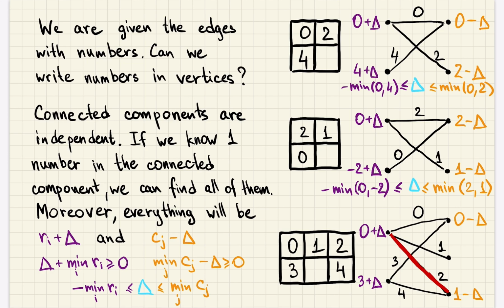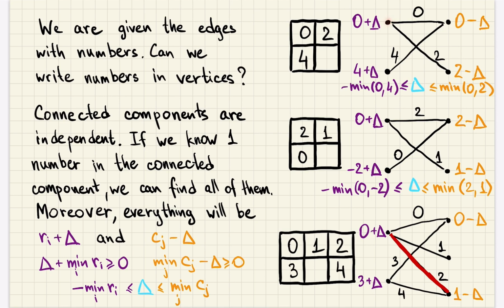And if we put 0 in this vertex, then with DFS we will deduce that it should be 0 in this vertex. Then this edge has some 4 and we have 0 here, so there should be 4 in this vertex. And this edge has 2, this is 0, so this vertex should have 2. Moreover, if we say that